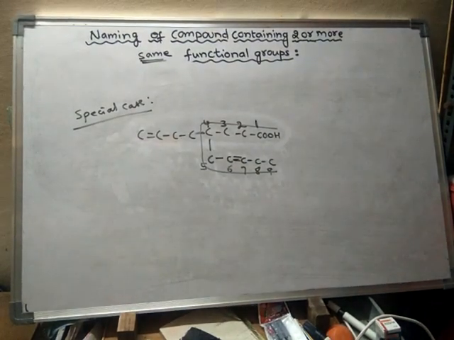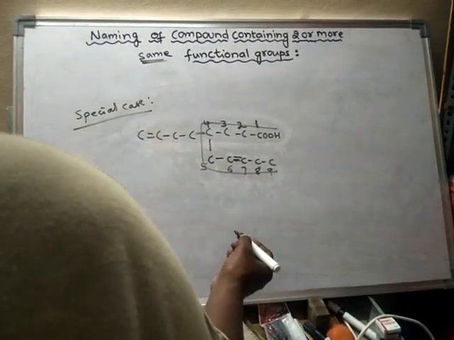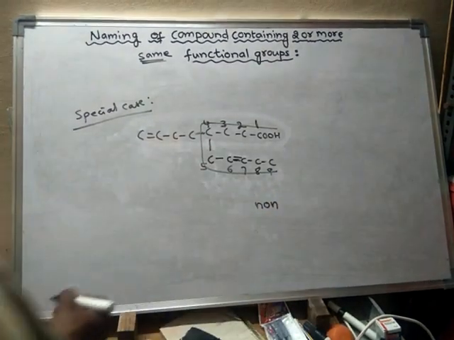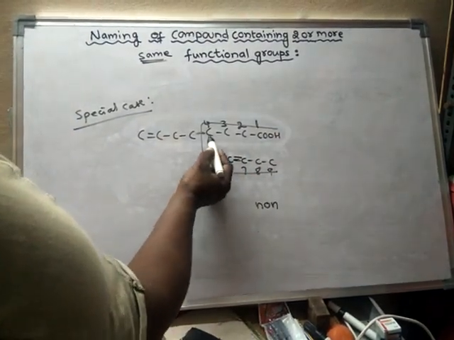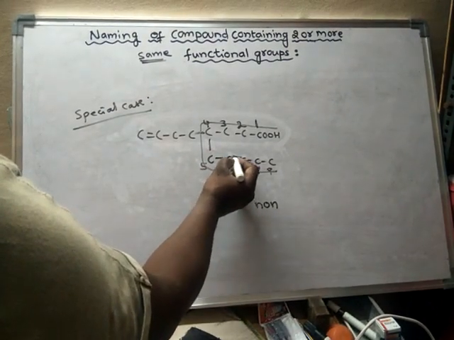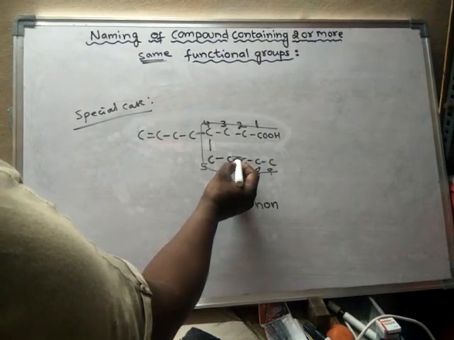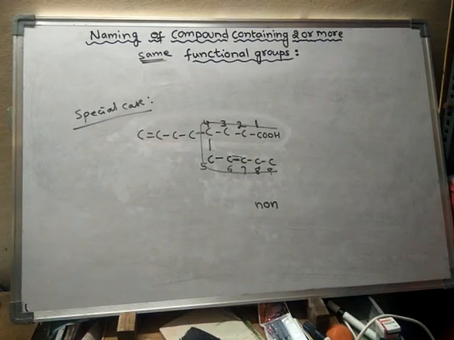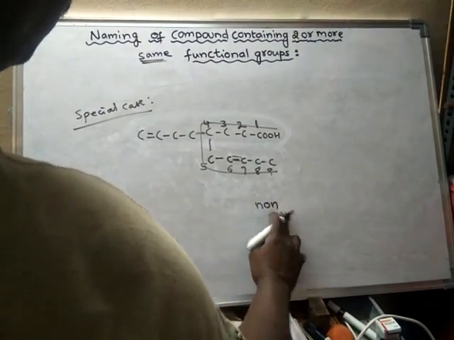So now give the name of the compound. How many carbons? 9. 9 carbons means non. So oic acid is present, and if you see the carbon chain here, there is a double bond. When there is a double bond somewhere in the chain, at least at one place, then we should not write an. We should not write an. So what do we have to write? We have to write en.